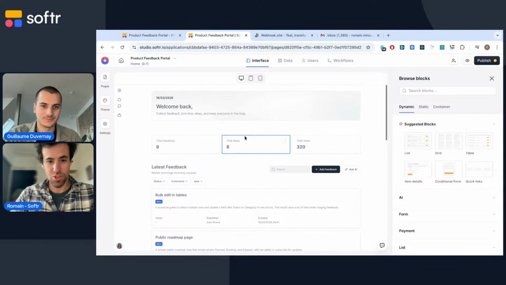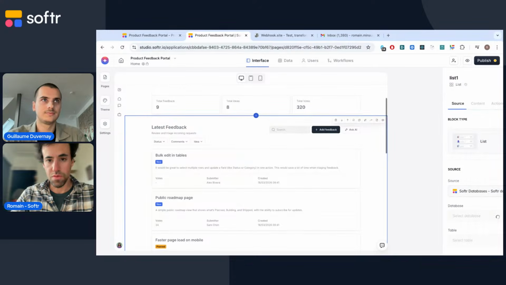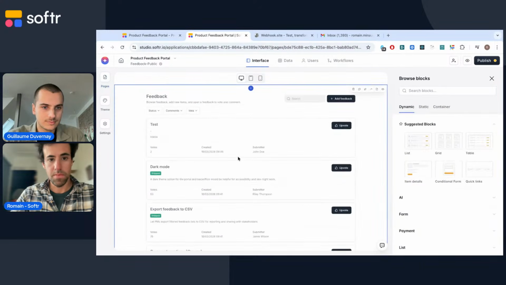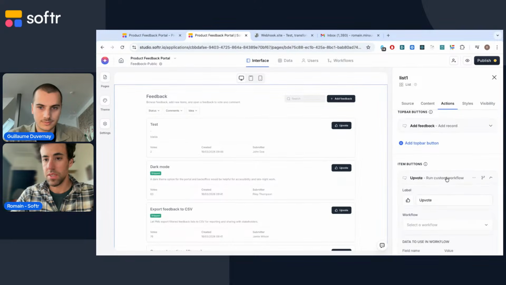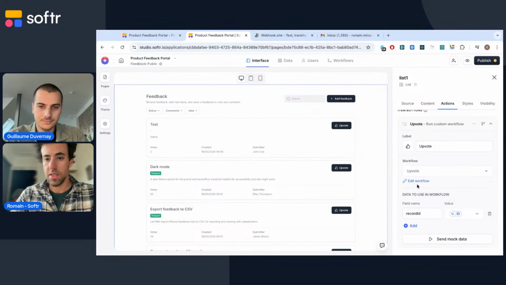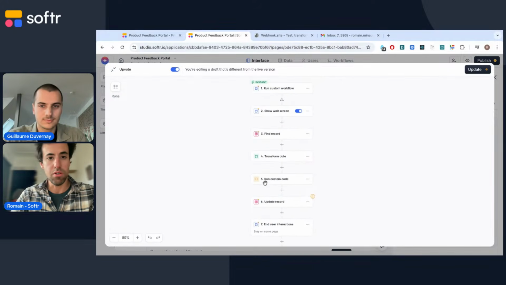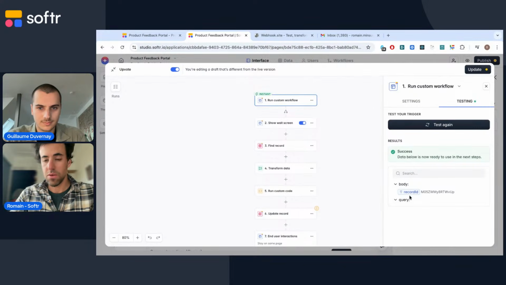But I'm going to show just the logic and how we can use a formula to increment. So not this one, this one. Here we have the action, and the workflow is here. You can edit the workflow directly from here, or you can go back to the listing of workflows to find it again. So what is happening here is someone is clicking.